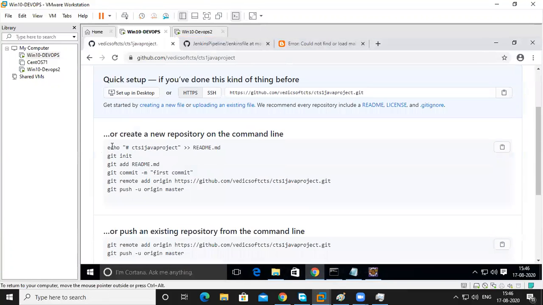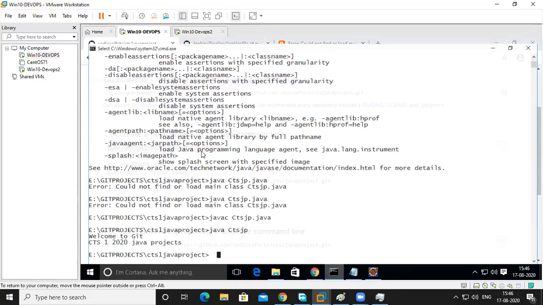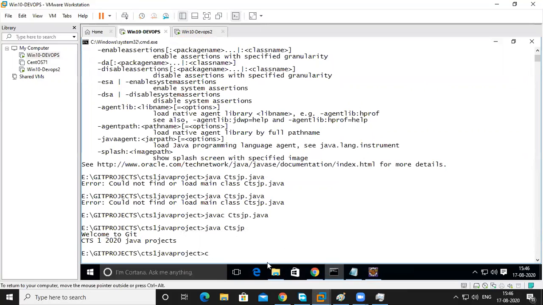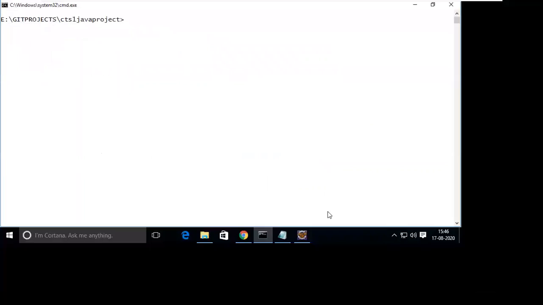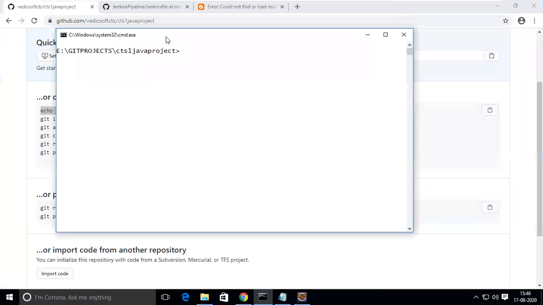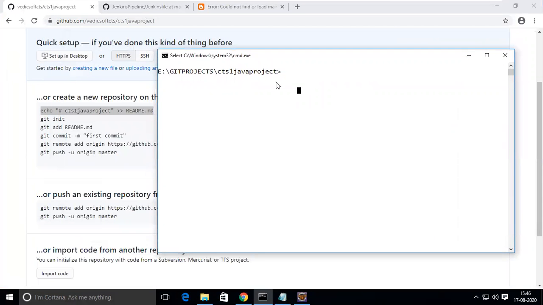Now it is showing options, right? So echo like this, Java CMD like this. What I'm going to do is I'm already in this same folder, so I don't need to do anything extra. I'm going to use this one only. So what first one is